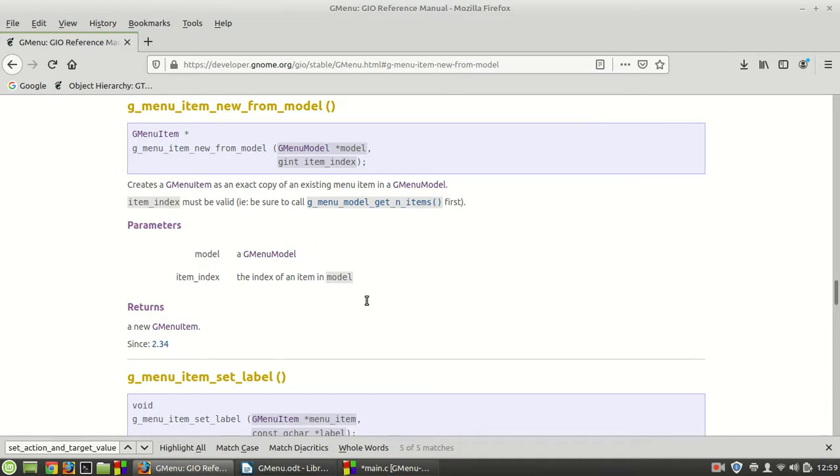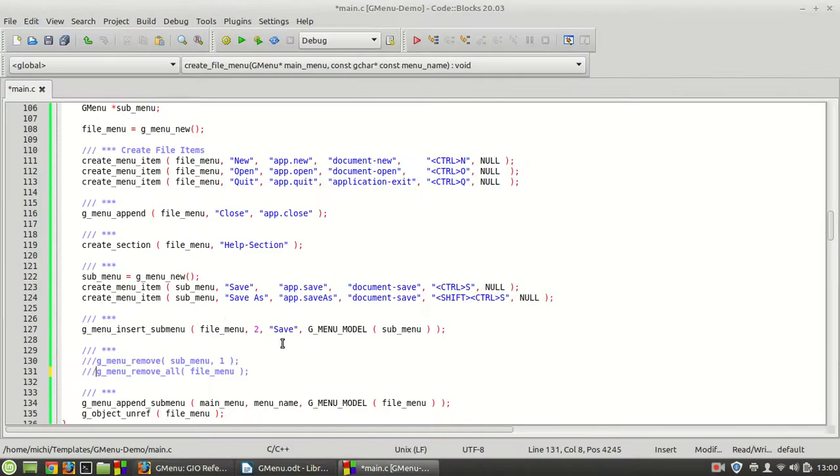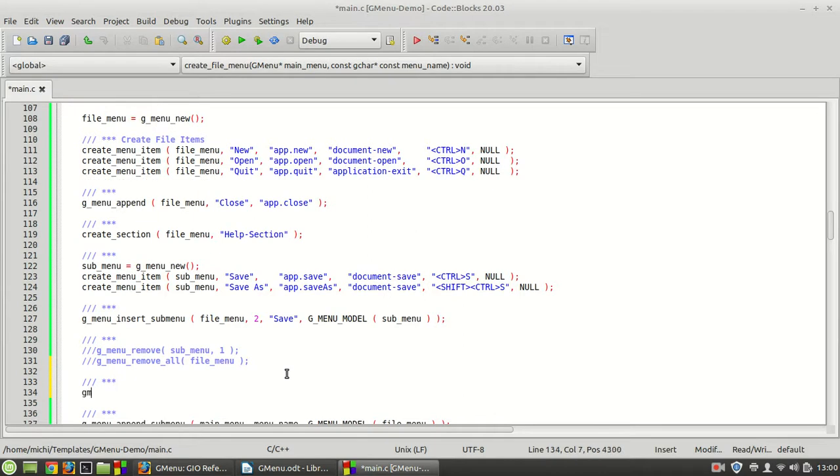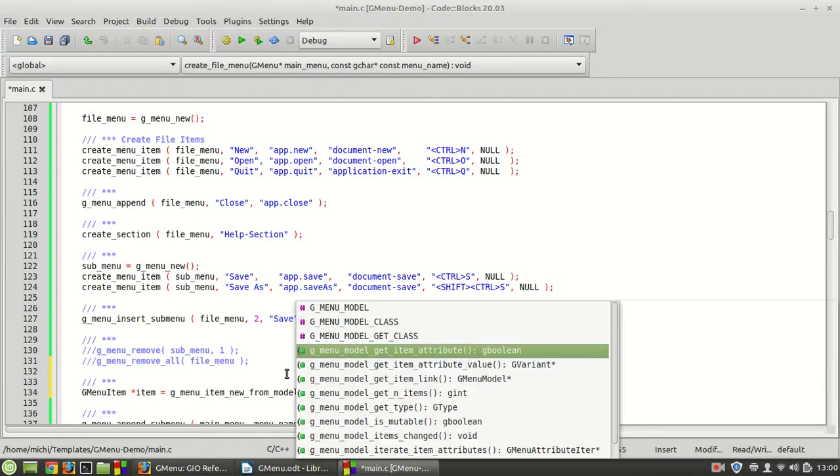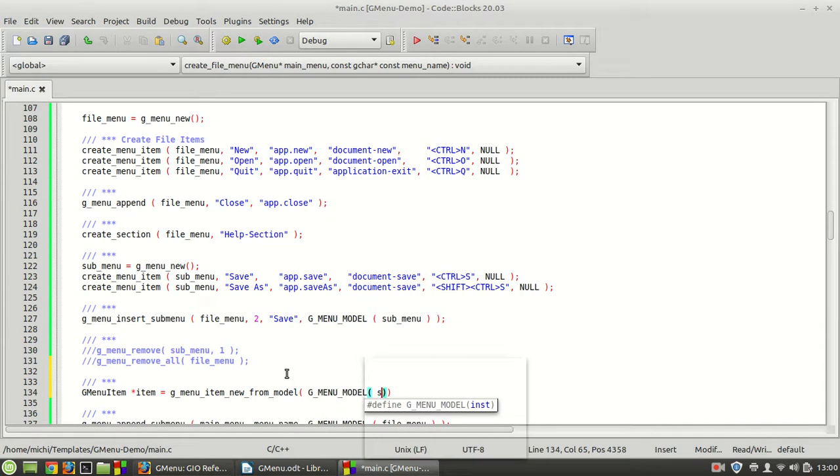So we need a GMenu and we need an item. Now that being said, when you call this function, basically you want to create a copy. So let us create a copy. GMenu item, and then we point it to this function. Our GMenu model should be the submenu, and of course the next thing which we need is the index. We do have 2, 0 and 1, so let us make a copy of the index 1, which is